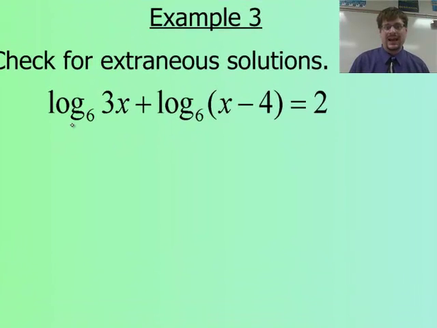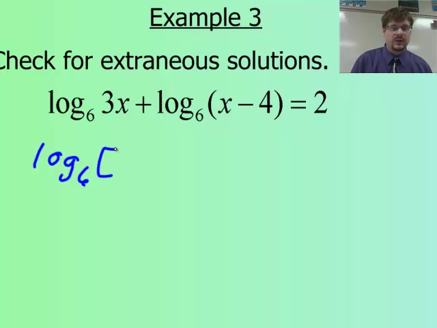Now I have a couple log statements. I have log base 6 of 3x plus log base 6 of the quantity x minus 4 equals 2. The first step is I want to condense that to a single log statement, to make that more and more manageable with just one log statement. So I'll use the product property. So I'll write that as log base 6 of 3x times x minus 4